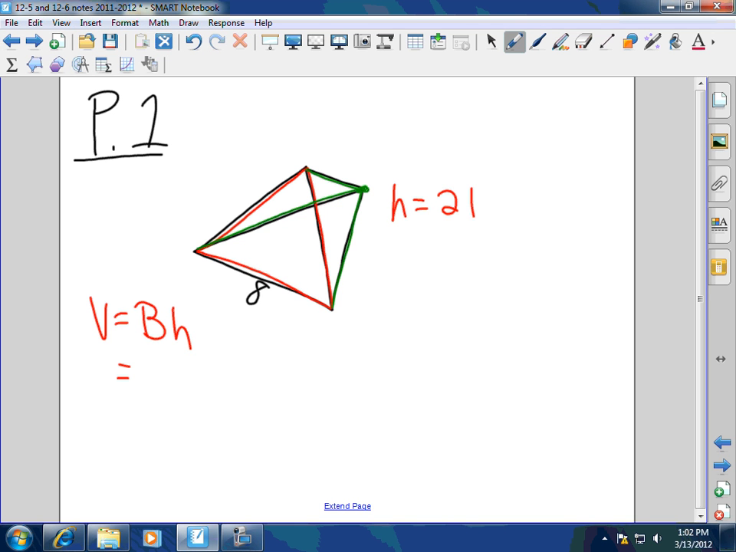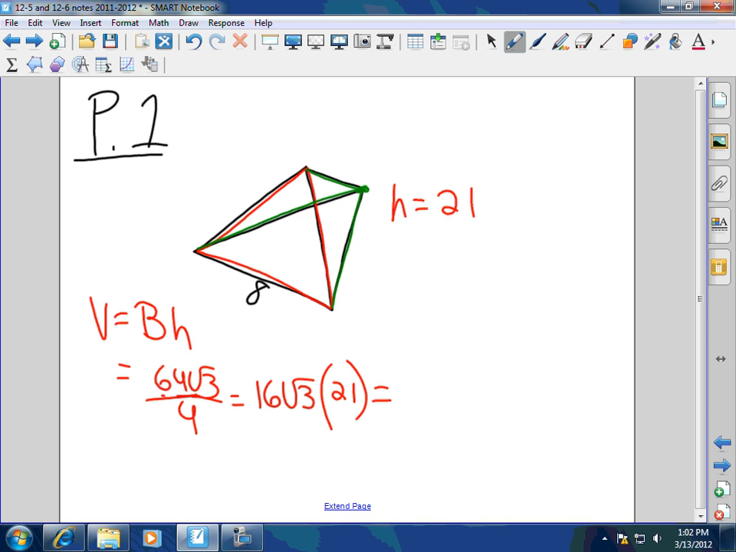Well, does anyone remember, how do we find very nicely, quickly, and efficiently the area of an equilateral triangle? Yes, sir. Side squared over radical, side squared times radical 3 over 4. Very good. So it's going to be 16 square root of 3 times